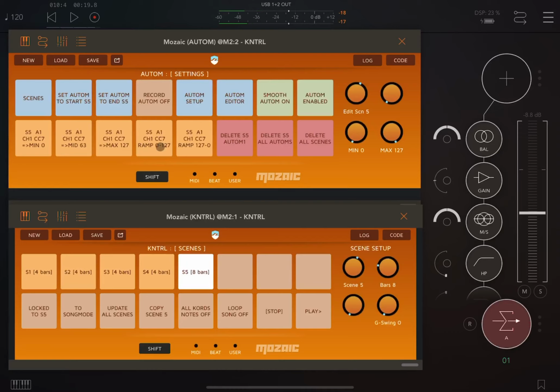All of these are for the same destination. And then we have a ramp going from 0 to 127 and a ramp going from 127 to 0 over the duration of the scene. So if we come over here and adjust the range, you can now see that the mid, max and ramps have changed to accommodate the minimum and maximum ranges. To apply this automation, all we need to do is tap the pad. So that's done. Now in scene 5 we have a ramp